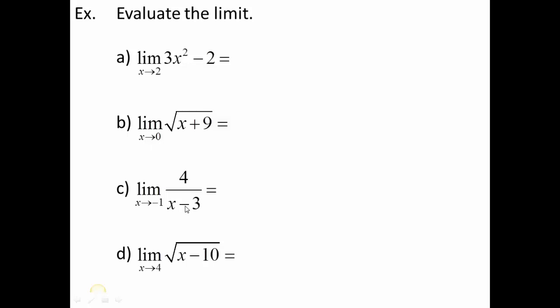So we can evaluate these simply by doing what I call direct substitution. Simply take the x value, plug it in, get your answer. In this case, the limit as x approaches 2 is just as easy as evaluating f of 2, and in this case, f of 2 would be 10. So not only is the actual height 10, the intended height was 10. So why don't you give these a try, pause here, play when you're ready.